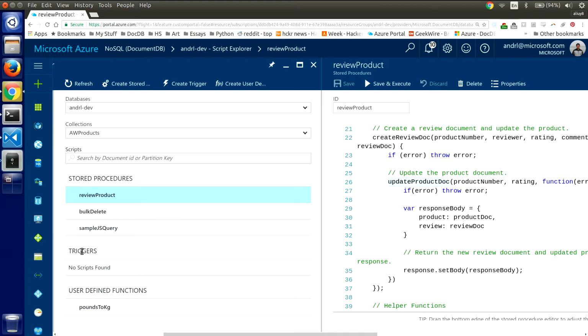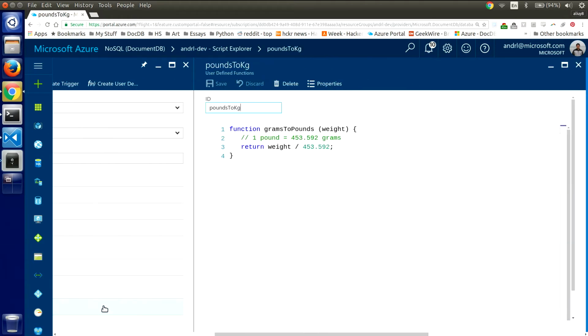Or if you want to do user-defined functions and augment our query language, we also let you use the JS runtime for that. So an example is in that product catalog, I had a bunch of documents which had a weight. Those weights were in grams, and let's say I want to present back to the user in a product listing page. I want to show them this in pounds. I can do this conversion and then embed this into a SQL query.